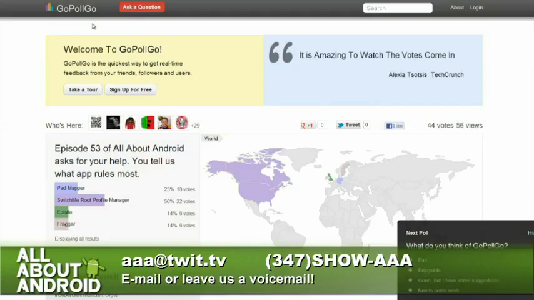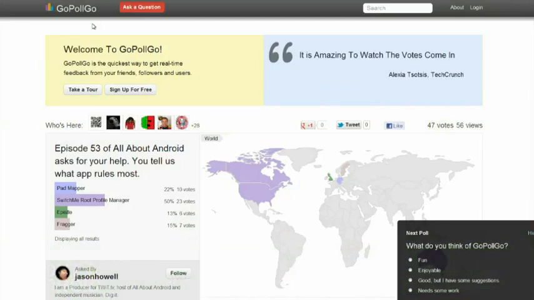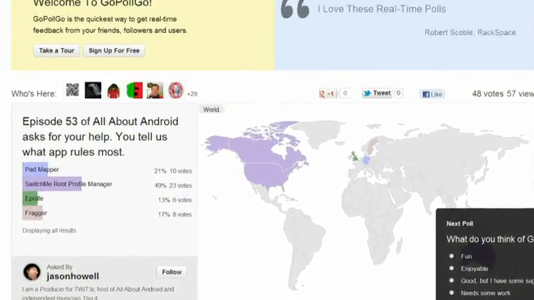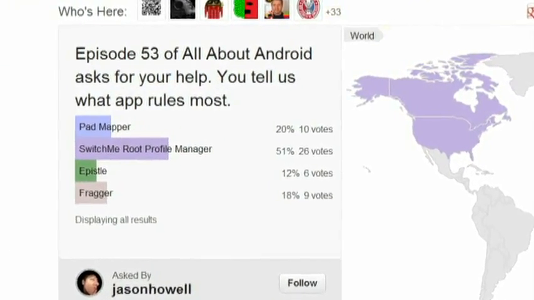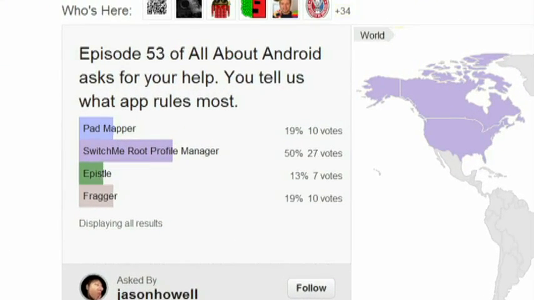And it looks like Switch Me's got an early lead. That's really handy. It's handy, but it's limited if you're rooted. Yeah, but you have to think about it as an app that could make you want to root. Oh, yeah. Good point. Even though you can't have access to it, if it's just that good. I mean, I want to use that, but now I can, on my phone. Yep, you can. That's right.